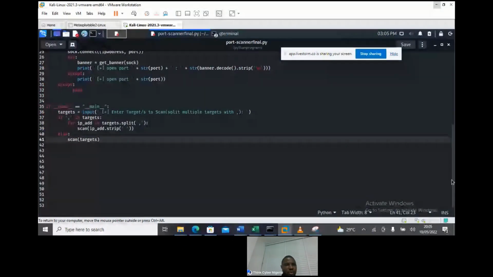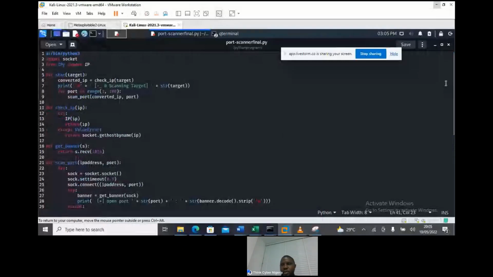This looks more like an edited one. Before we changed it to a class, still on the same, we now wanted to move to a place where we can scan multiple targets, multiple IPs.